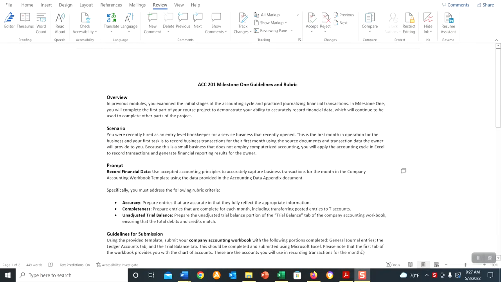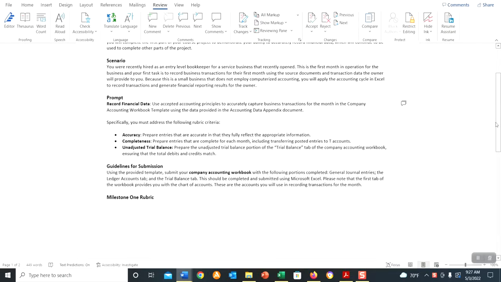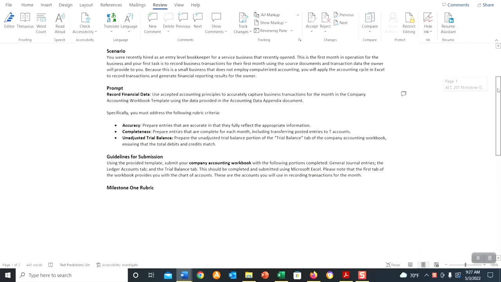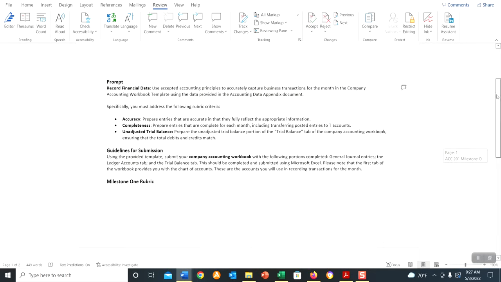So where we want to start when we look at this first step in the final project is the Milestone 1 Guidelines and Rubrics document. This document is going to tell you not only what you're completing for this first milestone submission, but is also going to provide you with a copy of the grading rubric. The grading rubric for the assignments is always going to be a very important piece for you to visit, as it will give you the details on exactly what is required for you to perform your best on each assignment.